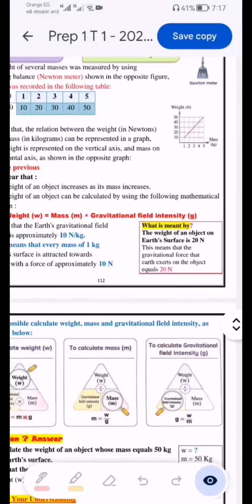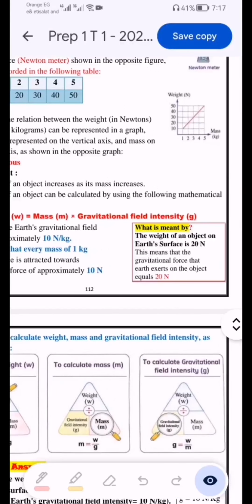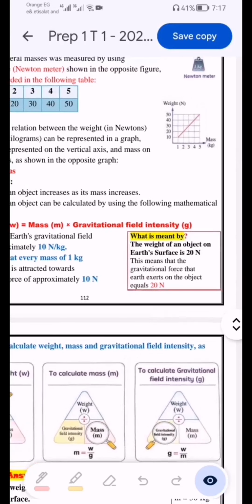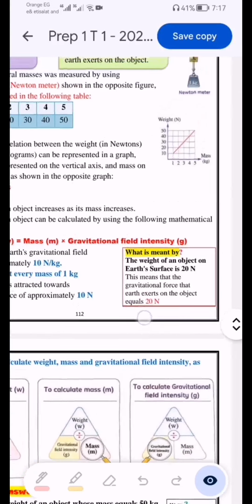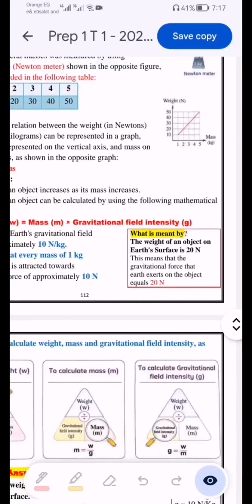Look at this question. What is meant by the weight of an object on Earth's surface is 20 Newton? What is meant by that, equal define? So we will say that means the gravitational force that exerts on this object equals what? Equals 20 Newton. Okay, and if they ask you what is meant by the mass of an object equals 30 kilogram, that means what? That means the amount of matter in this object equals 30 kilogram. Okay,